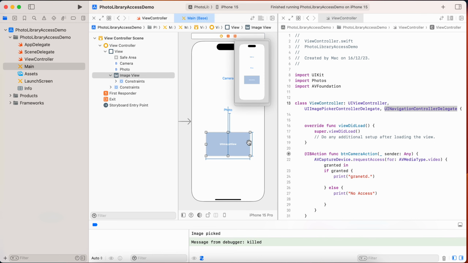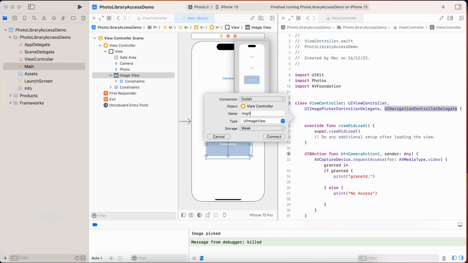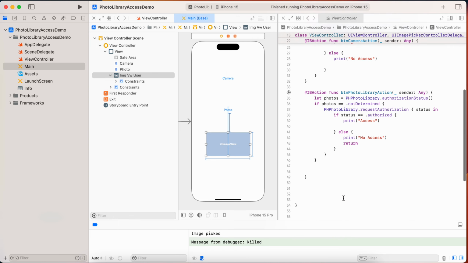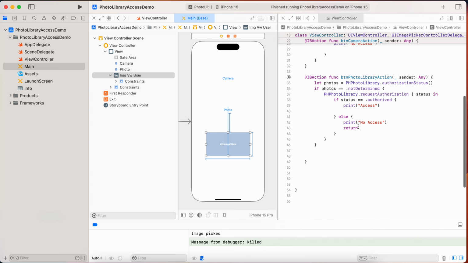So image view, we can call it image view user, maybe, right? So now we have the image view, and then